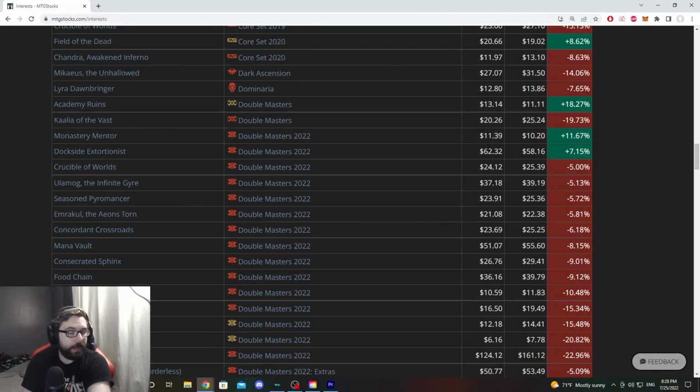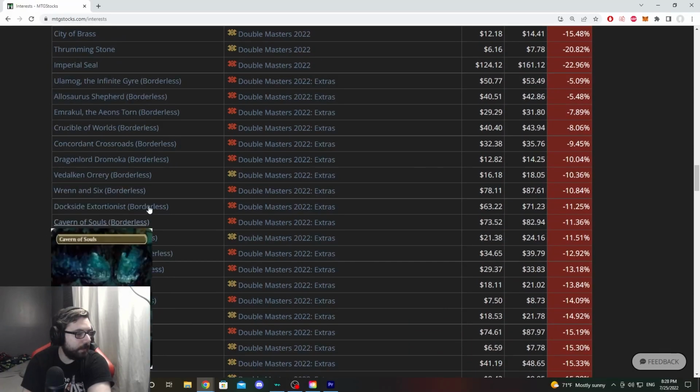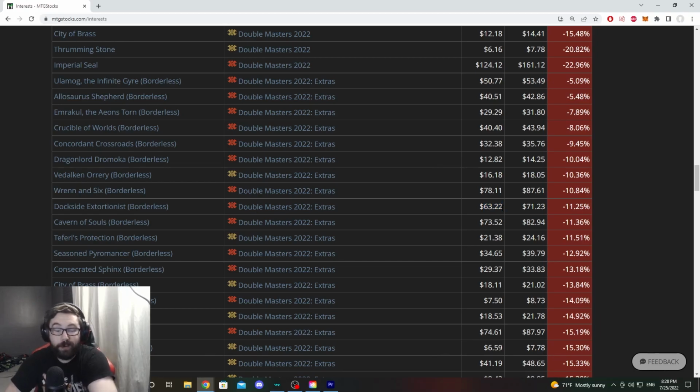Compare that to its original up here. This one is $62, whereas this one is $63. So for a whopping $1 more, you can get a borderless version of Dockside Extortionist. I would like to think that the base art and the borderless non-foil are probably going to equal out to be roughly the same, just due to availability. And then the foil versions, and more specifically that foil etched version, is going to be more